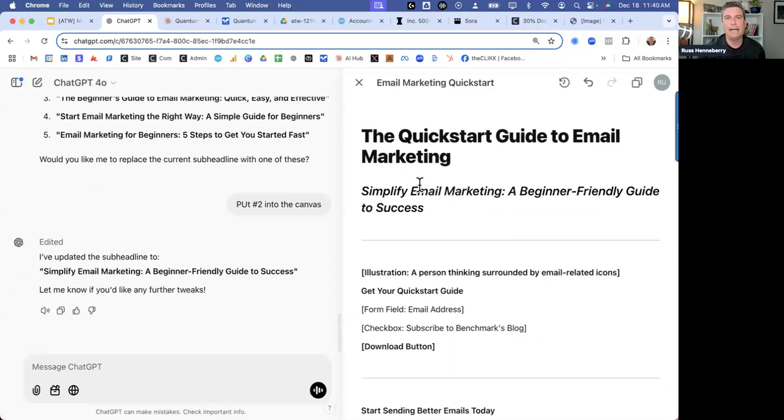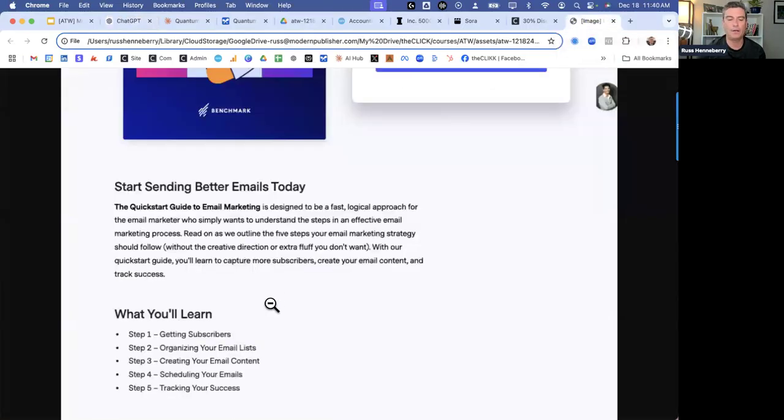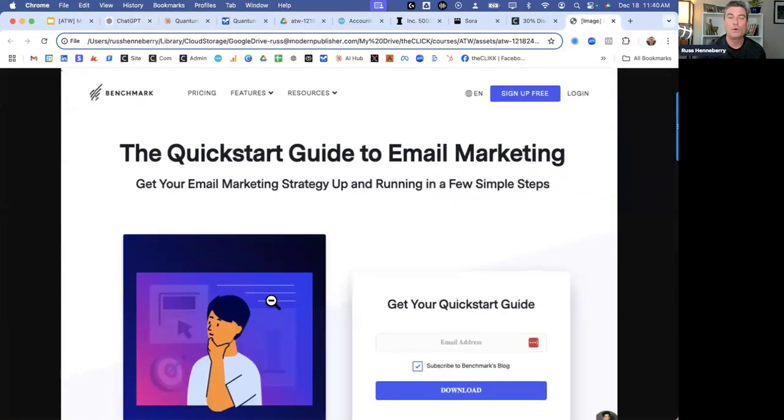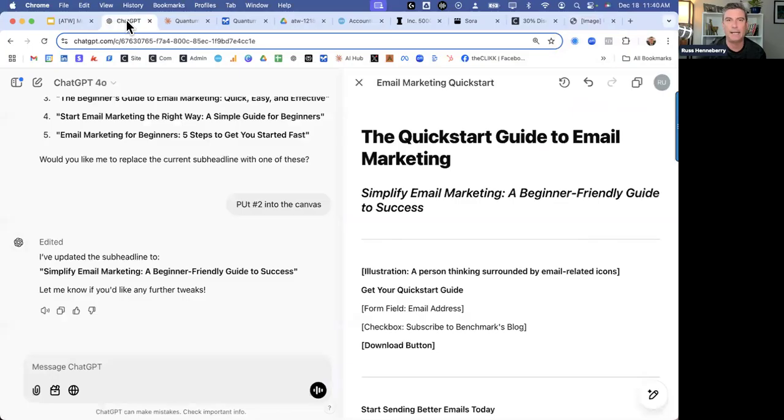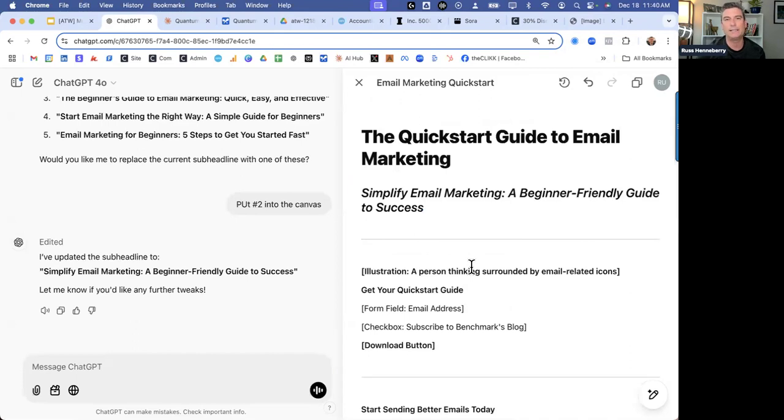Okay, so that's an image, right? So you can see how far and how quickly I'm able to start getting real work done. Like I know that I'm going to spend some time today working on this page, right? So I take a quick screenshot of the page, I drop it into ChatGPT, and I ask the AI, hey, put this copy into a canvas, and then I start working from top to bottom on this content, and start to rewrite this copy.